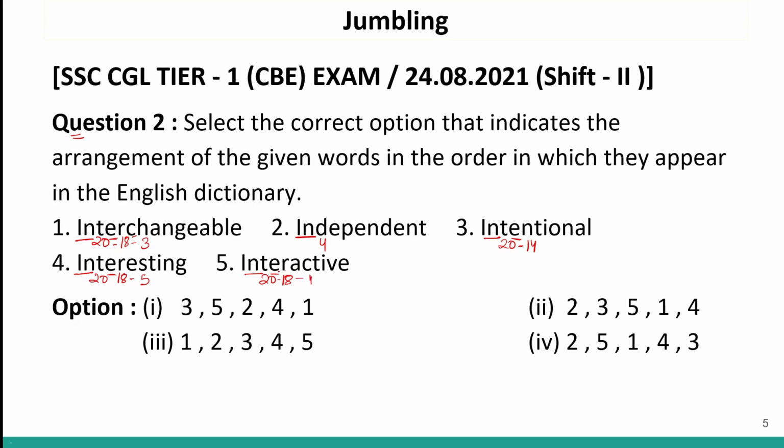So logically, the order will be: the first word will be independent. After this, the next word will be intentional. After this, the next word will be interactive.